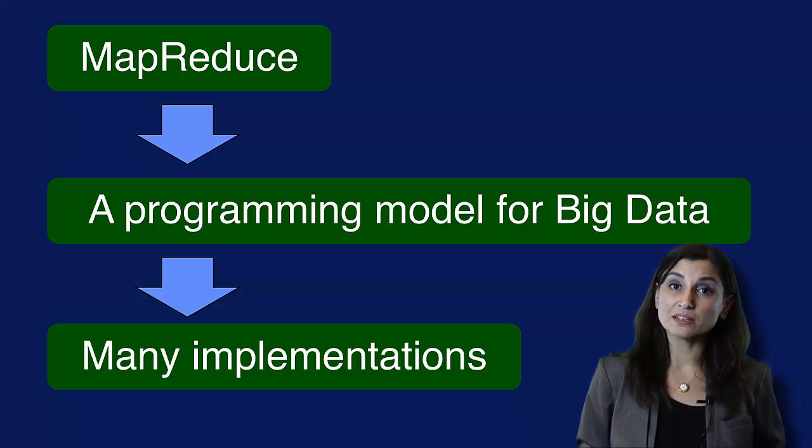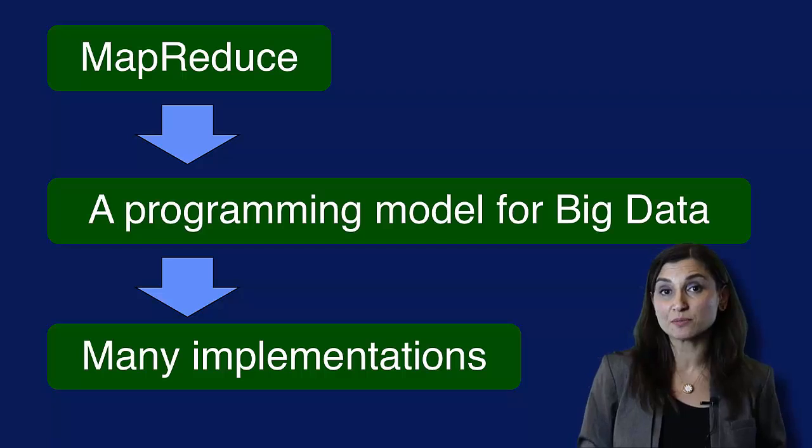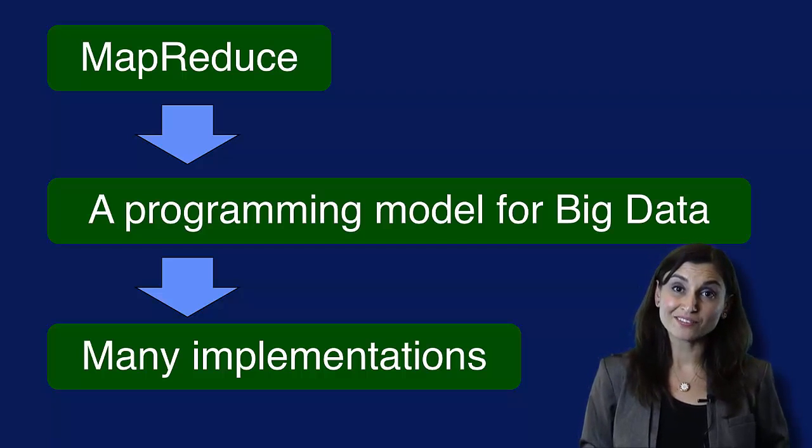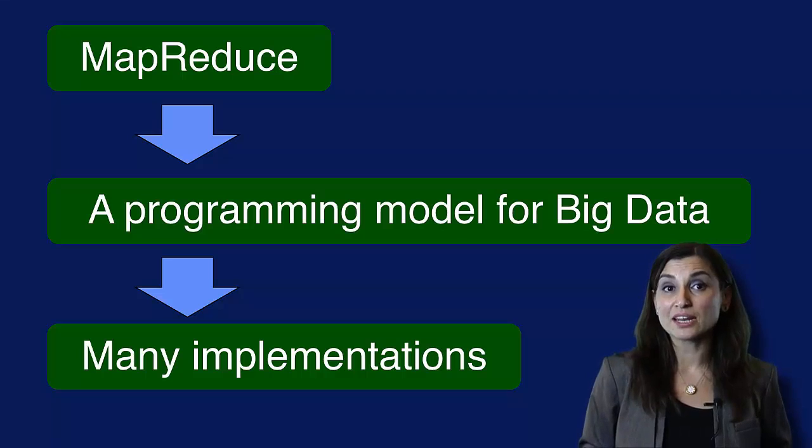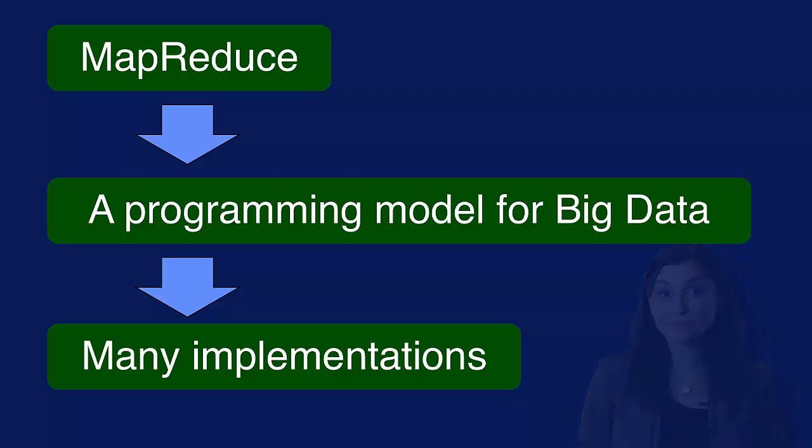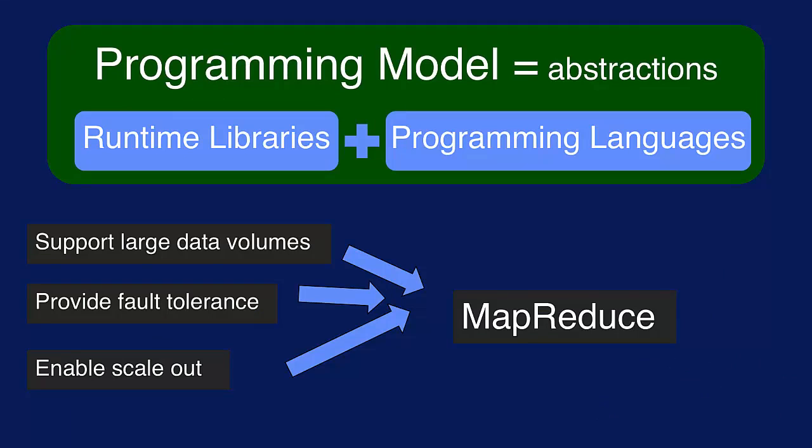As a programming model, it has been implemented in a few different big data frameworks. Next week, we will see more details on MapReduce and how its Hadoop implementation works. To summarize, programming models for big data are abstractions over distributed file systems. The desired programming models for big data should handle large volumes and varieties of data, support fault tolerance, and provide scale-out functionality. MapReduce is one of these models implemented in a variety of frameworks, including Hadoop. We will summarize the inner workings of the Hadoop implementation next week.